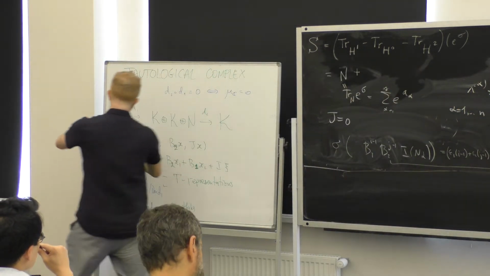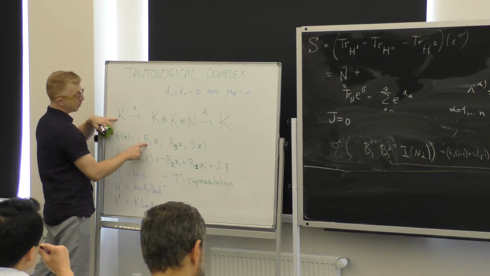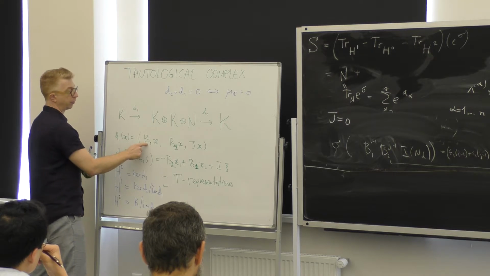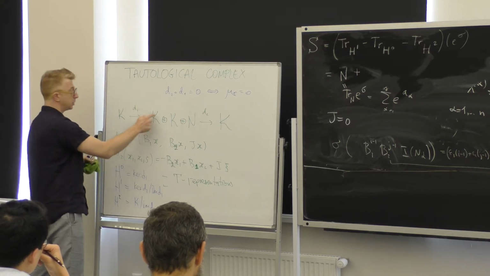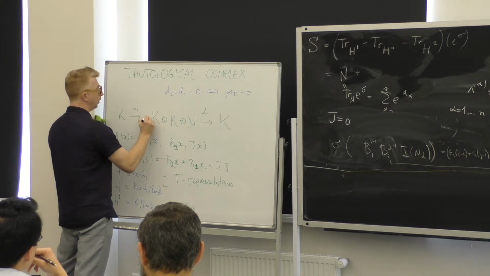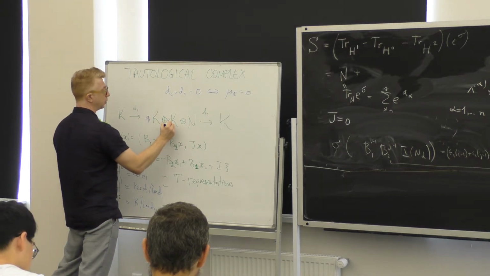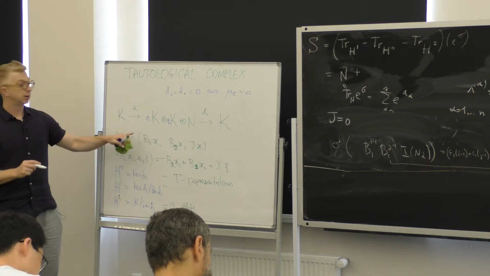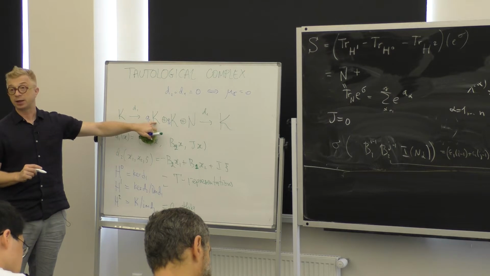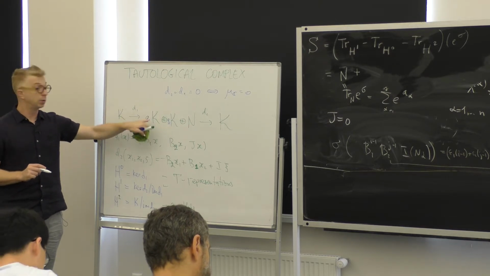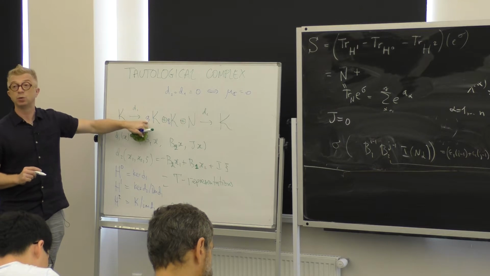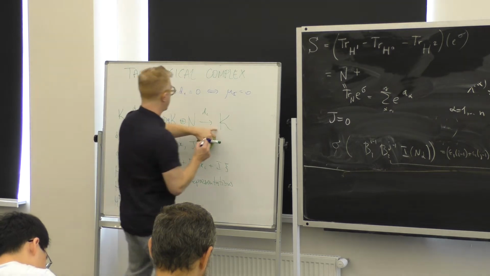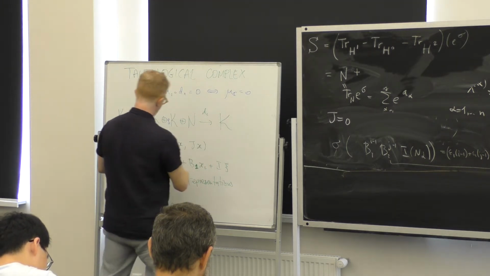Now, I'm acting with matrices B1 and B2, and B1 and B2 carry an additional weight of Q1 and Q2 respectively. So for this to be equivariant, I need to multiply this by Q1 and Q2. In other words, whatever character of T you had in the decomposition of K into irreducible components, you multiply that by an additional factor of Q1. And here multiplied by an additional factor of Q2. And likewise here, since I'm now acting